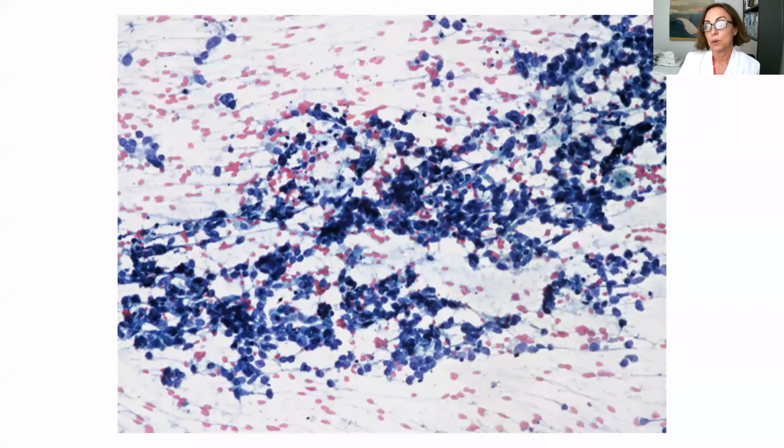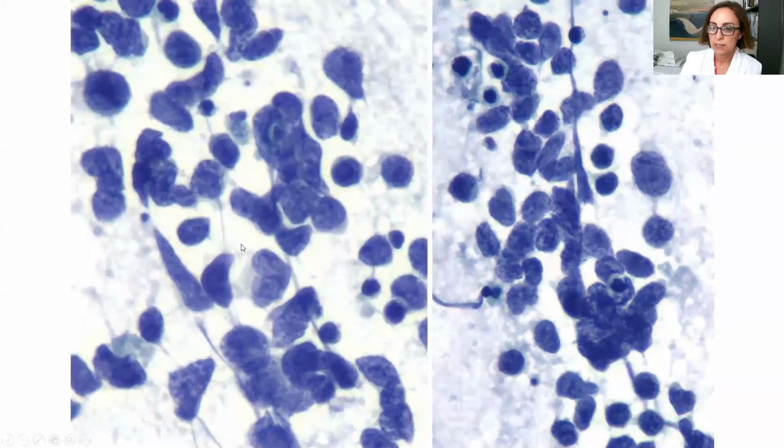And here there is no problem for any of us to diagnose a small cell carcinoma. If you see this case at a higher power, you see the crush artifact of the chromatin and the nuclei hyperchromatic without nucleoli, and with this, more than not, so small cells.